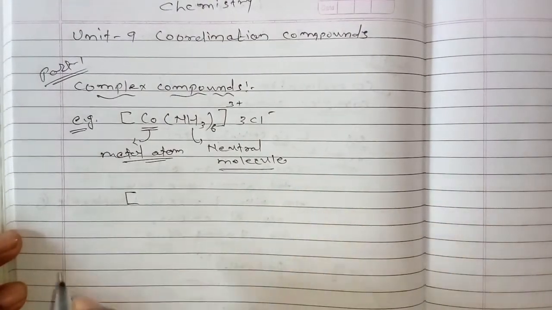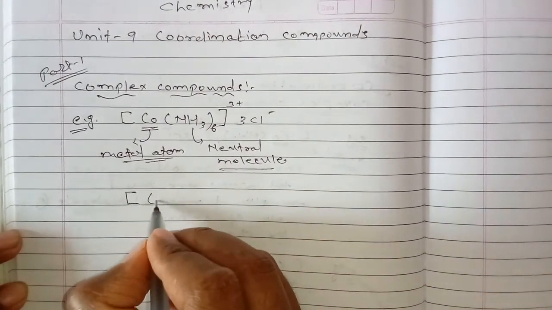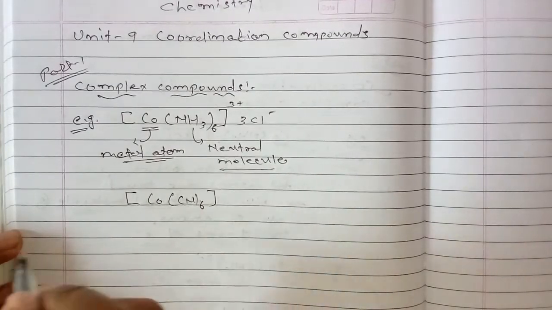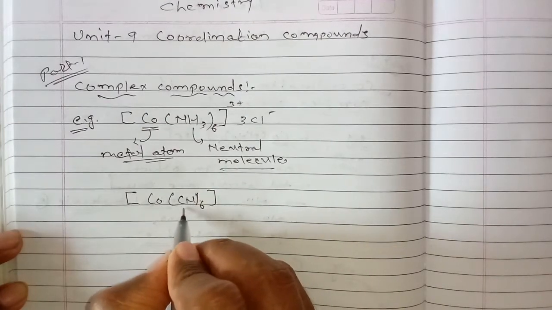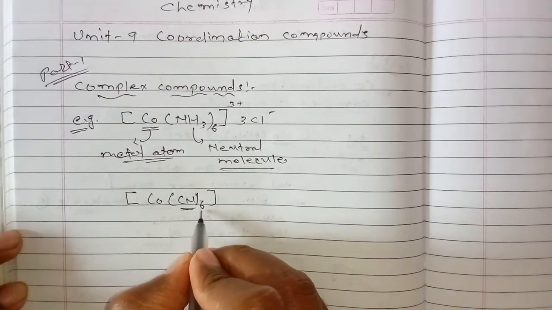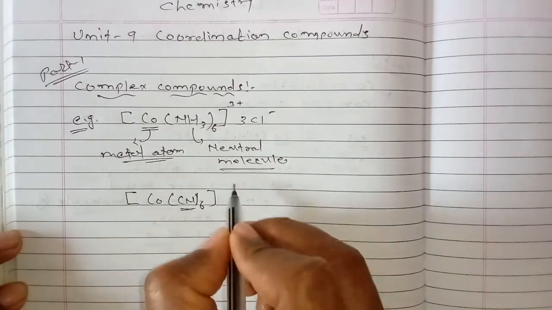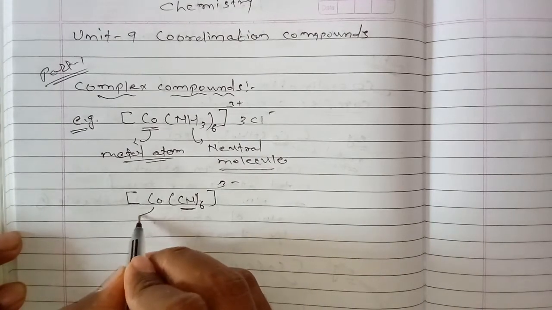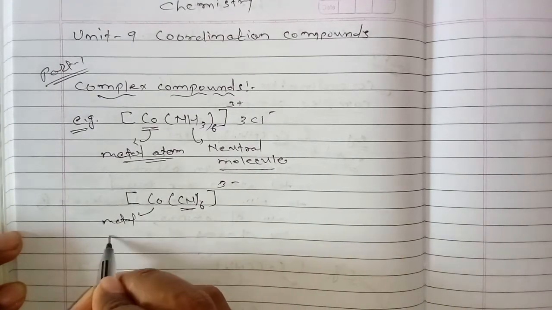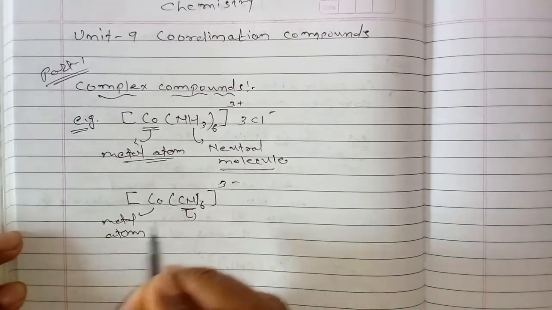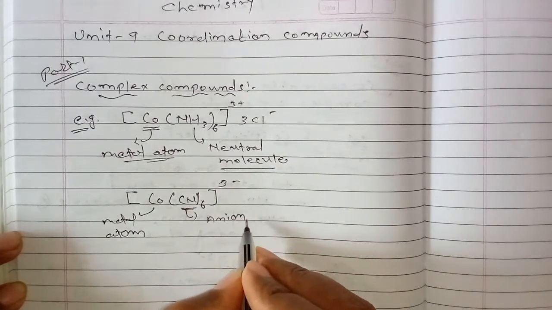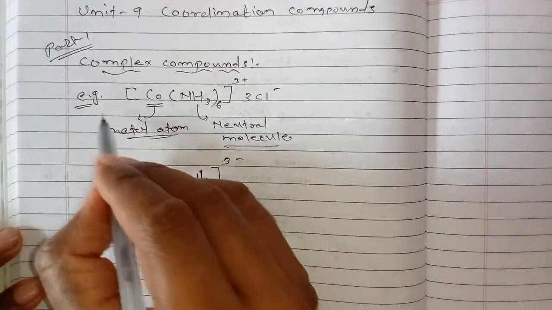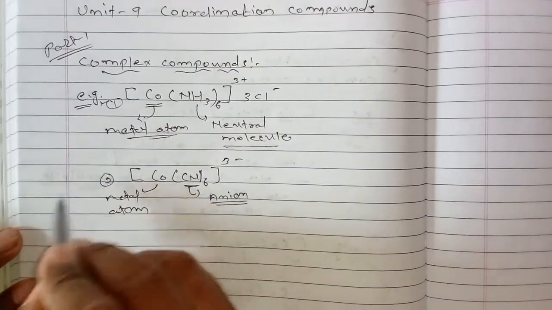In another example, cobalt is bonded with cyanide ion 6 times, and its charge is 3 minus. So cobalt is the metal atom, and here the cyanide ion is an anion. So by these two examples, number 1 and number 2,